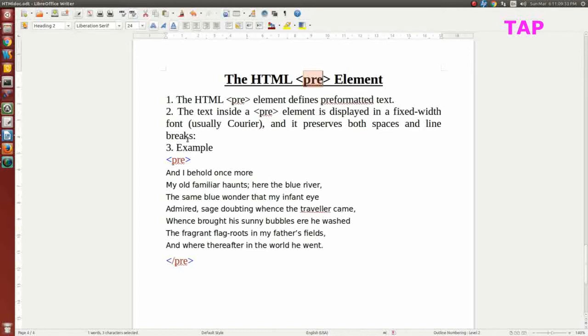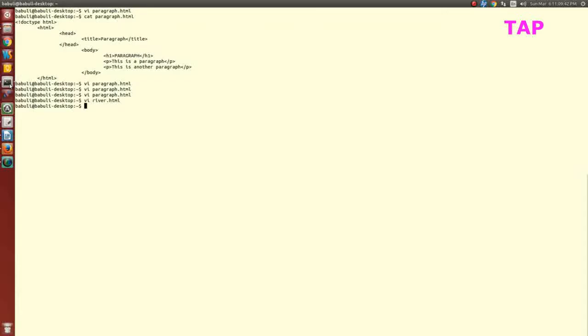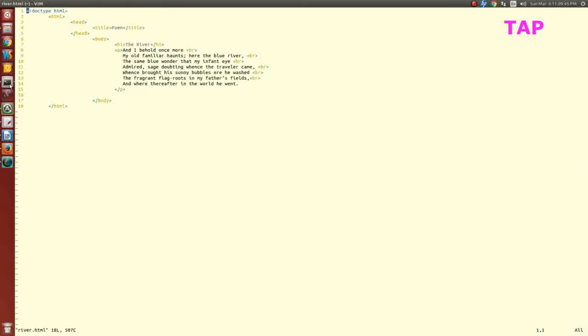So we'll take again the same program, only we will now change the tag. Here instead of P I am taking the pre tag, and I am removing all the BR tags because these are not required now. The pre tag will take the line break by itself. I didn't use any P tag or BR tag here.